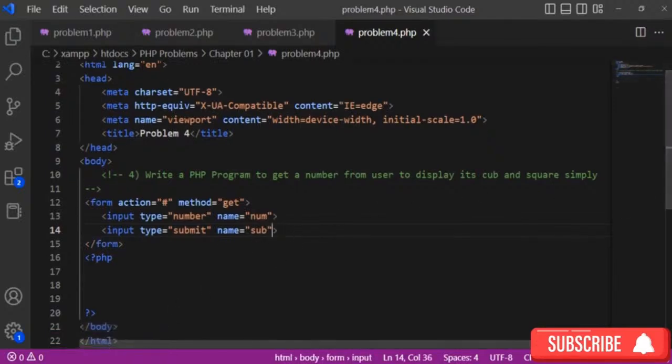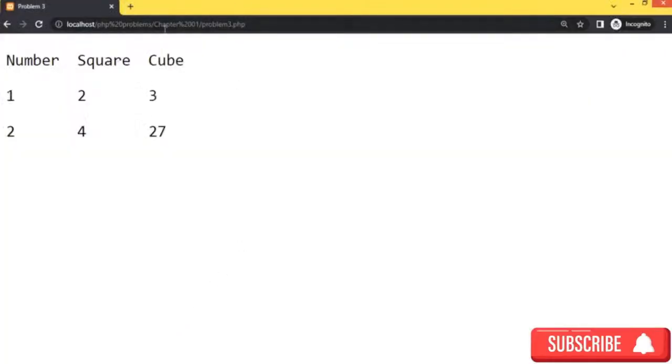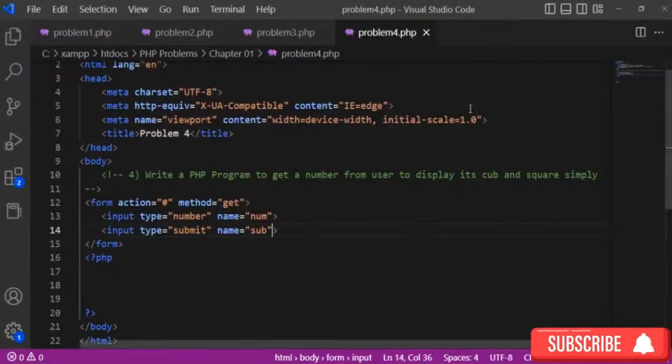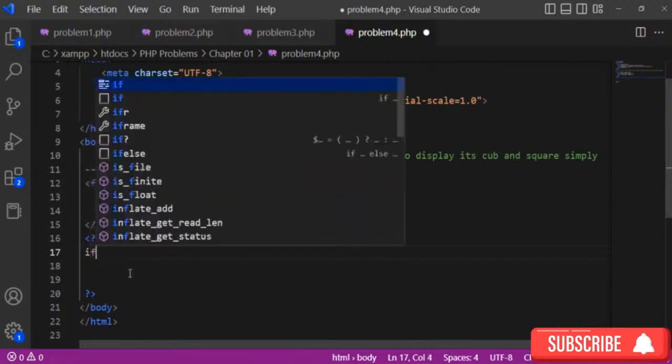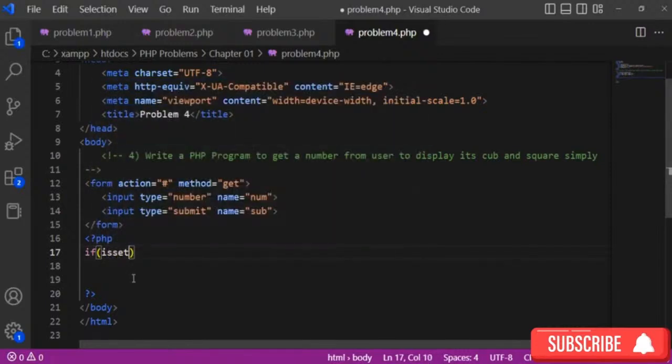Now what I have to do, just open the browser, and this will be problem number 4. You will see that one field is displaying here, in which the user will type a number and submit. After submitting, that number's cube and square should be displayed. So in PHP coding, I have to use a method isset. If isset,